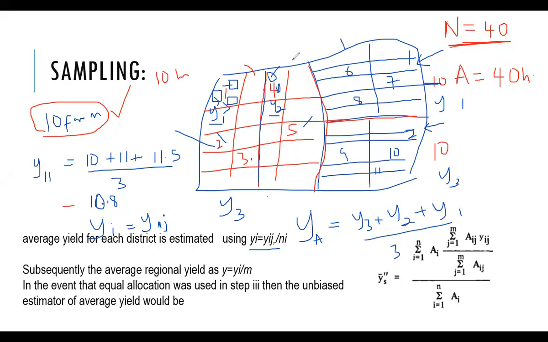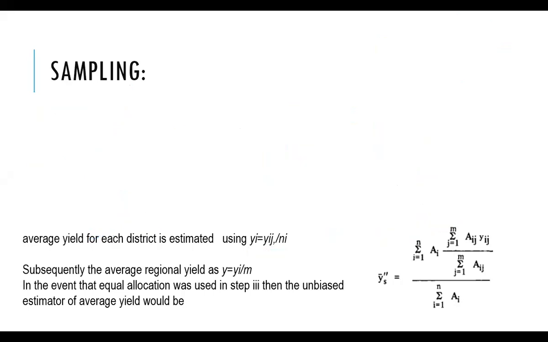Now, let me touch on one or two things, and I have another meeting to attend. We'll also look at this formula. We are saying that in sampling, ideally, the sample is supposed to be allocated based on a proportionate allocation. But sometimes, for reasons of costs and resource personnel, we are not able to achieve that. And anytime you fail to achieve proportional allocation within stratification, it will affect your variation and the precision of your estimate. So if that is not done, then another way to estimate your true average